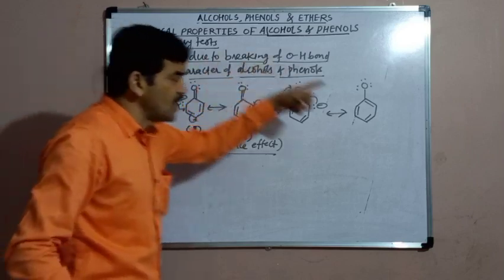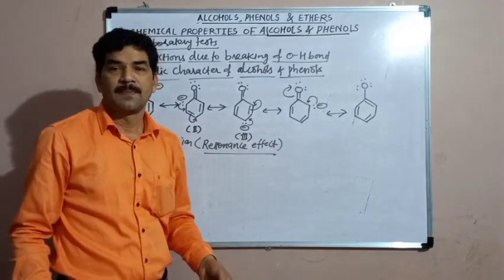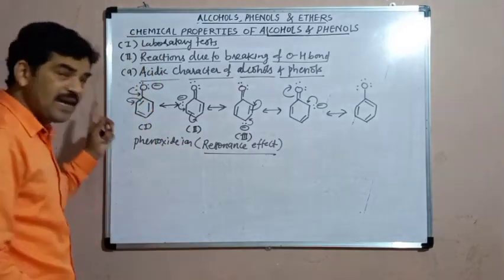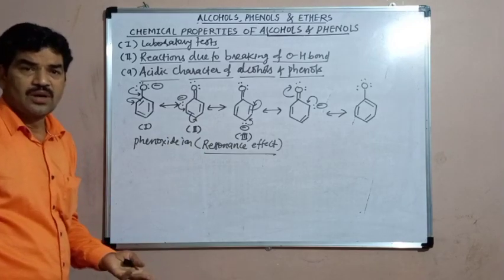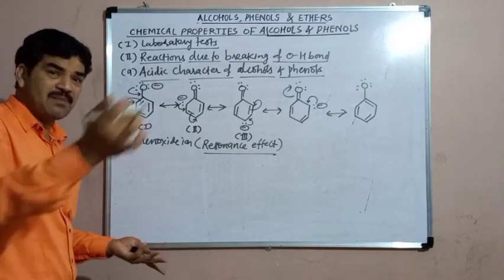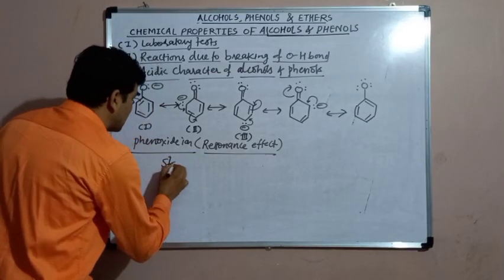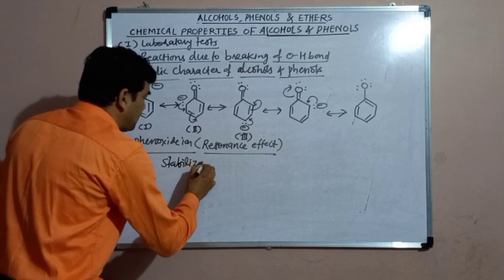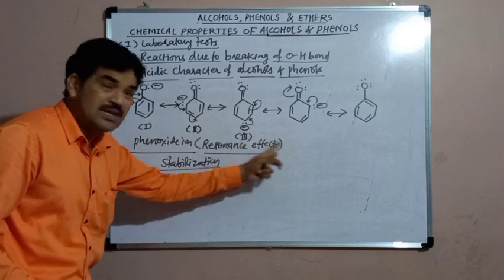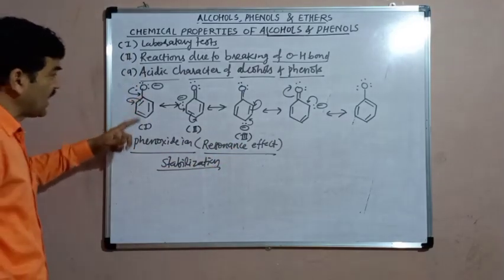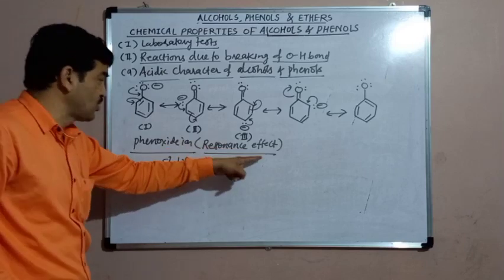And due to this resonance effect, the phenoxide ion becomes stabilized. Remember, unlike the alkoxide ion, which gets destabilized, alkoxide ions become less stable, but the phenoxide ion gets stabilized. Stabilization of the phenoxide ion occurs due to the resonance effect, and therefore, as the phenoxide ion gets stabilized by the resonance effect,